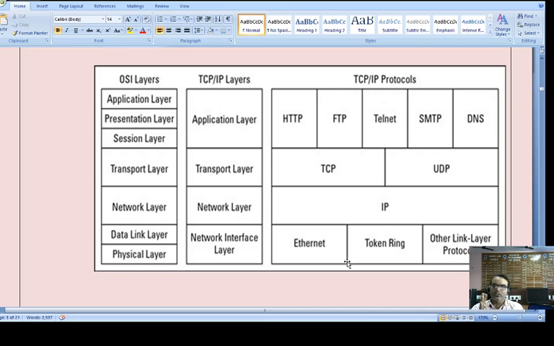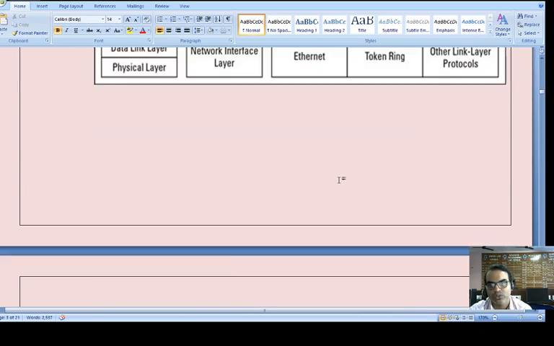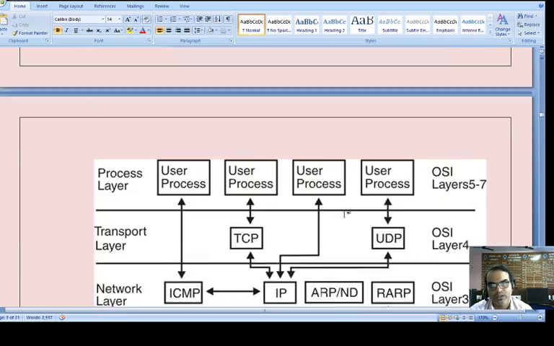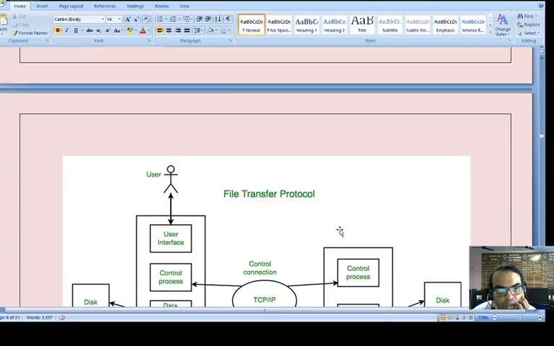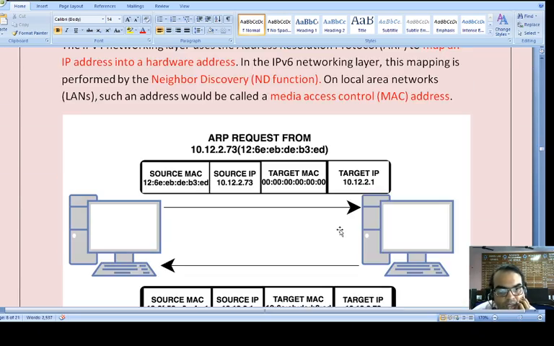Many more are there. So if you are able to understand the overall concept of the protocols with the help of this protocol stack, then we understand what we have studied till now. We have studied TCP/IP, the Internet Control Message Protocol, UDP, ARP.